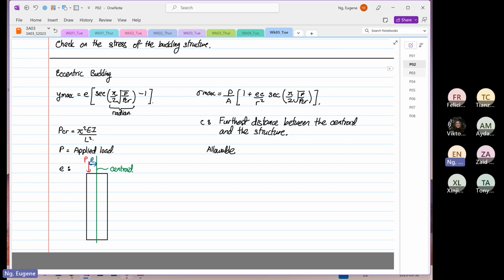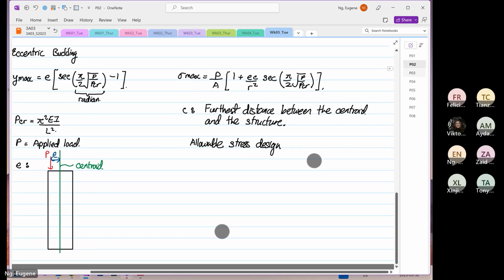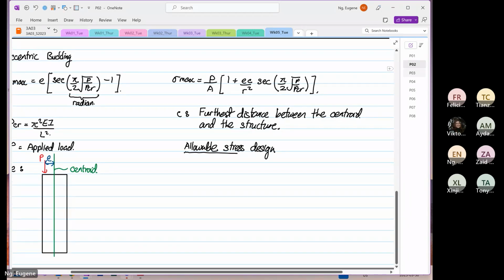We are going to look at the allowable stress design. So again, I will provide you the formula sheet. This is when we use this, when we have our